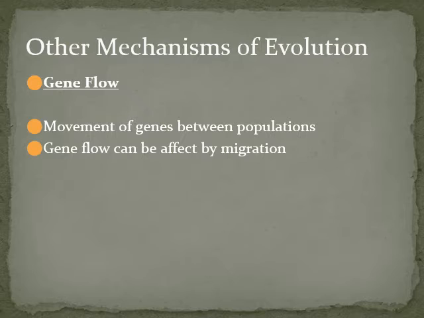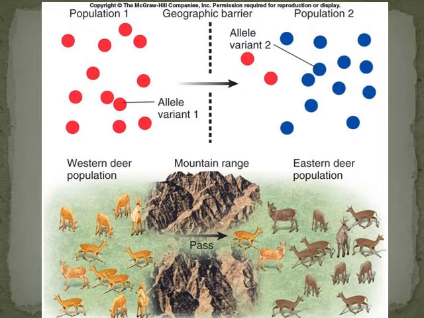Not because there's no gene flow, but rather the changes that happen in these two separate populations who are unable to interbreed with one another then reduce the gene flow between the two, meaning any new changes that might happen aren't mixed between the two populations, and those differences can slowly accumulate into one large macro evolution, which could lead to a new species. And a good example of this is illustrated here, where we have a population of deer,